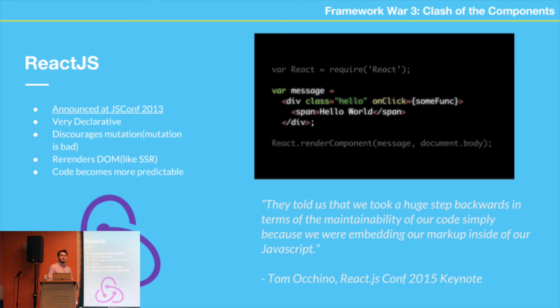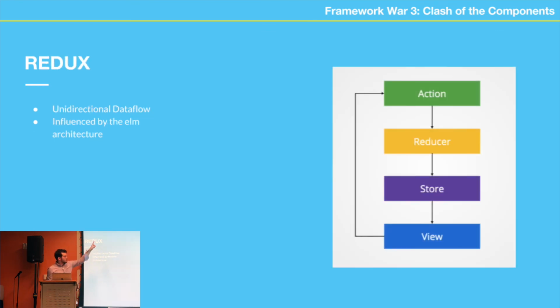And then entered Redux, or Flux, because it discouraged mutation. Redux was inspired by the Elm architecture, which is a unidirectional data flow. These are just jargon terms, which just means that the whole two-way data binding doesn't exist anymore. Whenever you mutate or change something, you make an announcement, and this announcement then goes to a reducer, and then the reducer goes down to the store, and the store updates, and then that causes a re-render. This is a unidirectional flow of data.